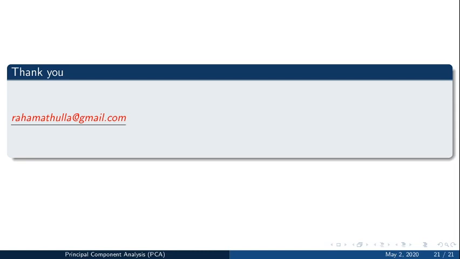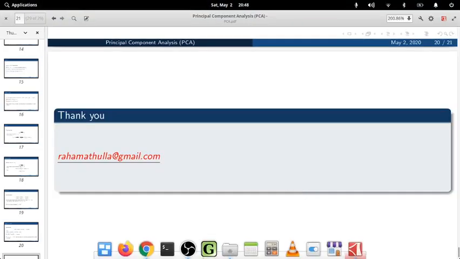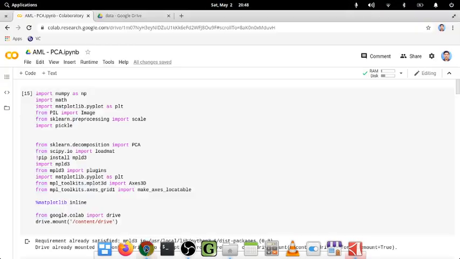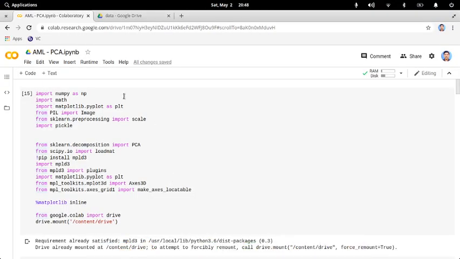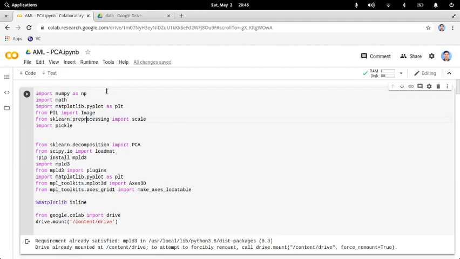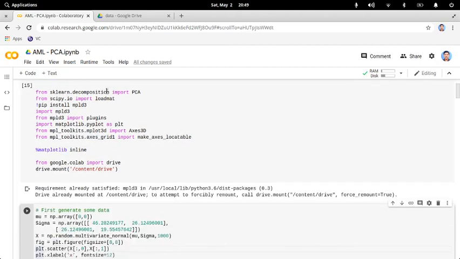So next we will do a simple exercise using a Colab notebook. This code block contains the necessary includes.